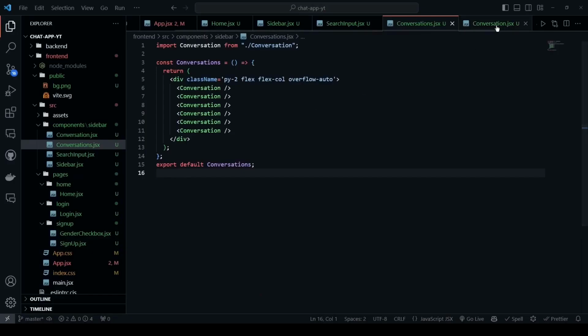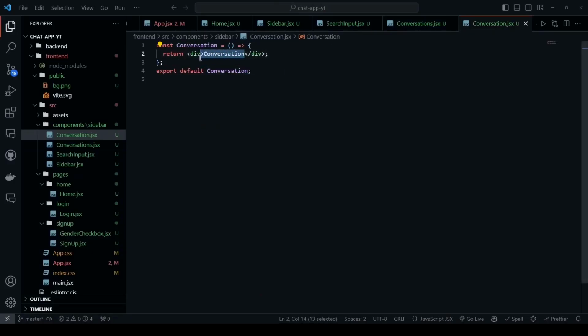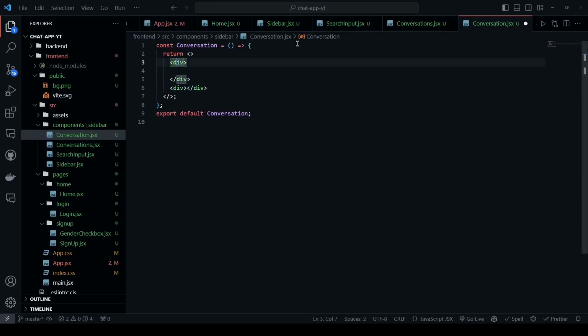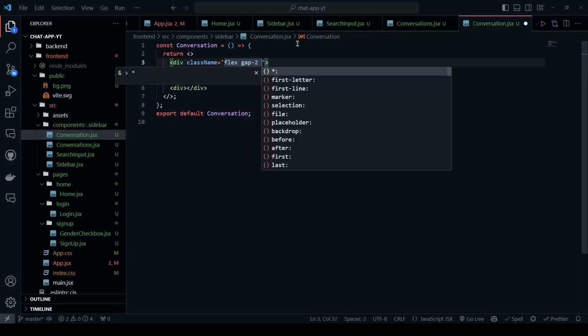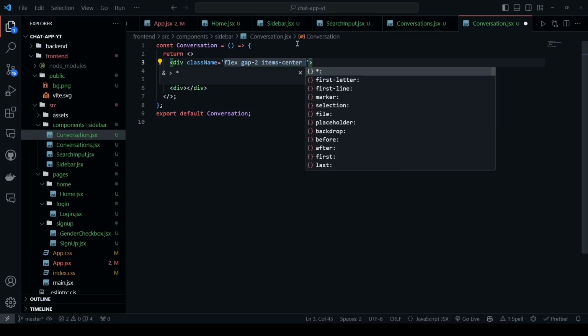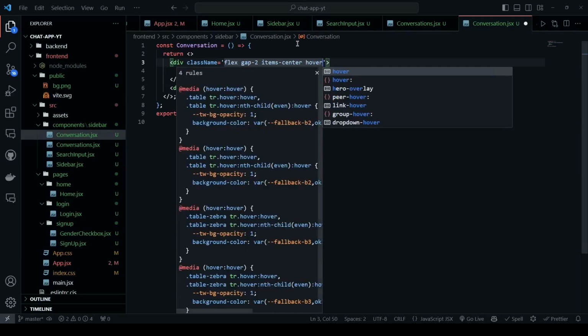So we will go into the conversation.jsx and let's delete this one. And I think we'll have a fragment, and then at the top we will have a div, and at the bottom we will have another div. Let's first start with this one. Now this div is going to have a class name. So flex gap of 2 items will be centered, and on hover, so that's how you would add it in